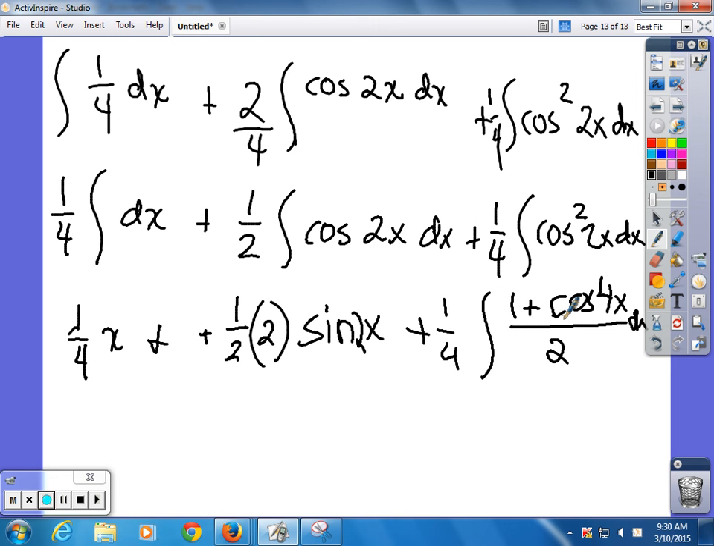And that 1/2, you can break it up, and cosine of 4x dx over 4 will be 1/4 out front. So that would be cosine squared over 2. And then that 1/2 can come out. So after you do 2 or 3 more steps,